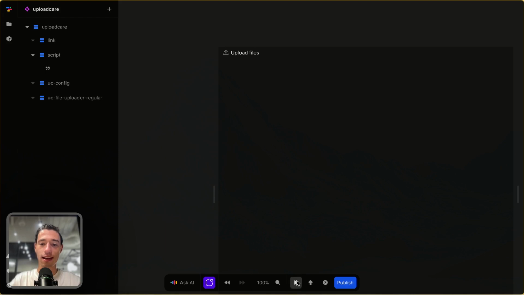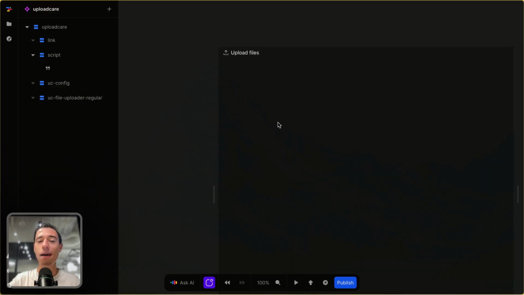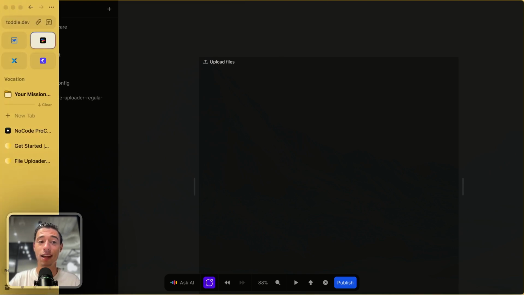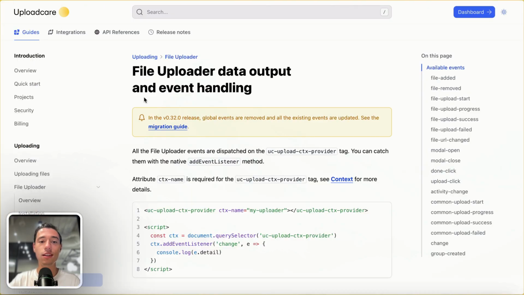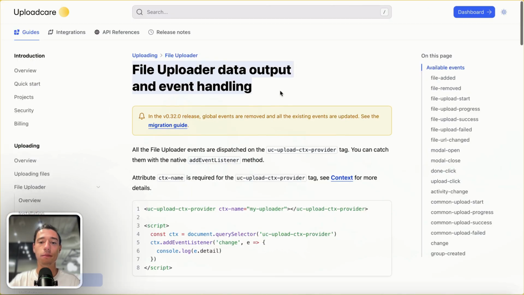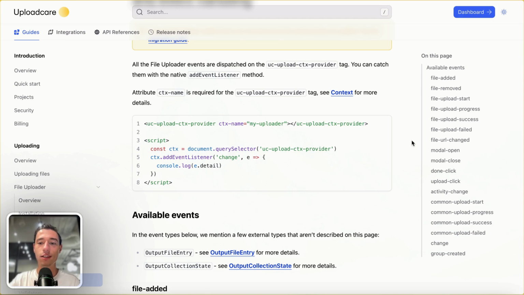And as you can see, if I click on upload files, it's going to work and we got the Uploadcare thing. Now, how do we get the files that are in the uploader? That is always the biggest problem with Uploadcare. If you ever used Uploadcare, you know what I'm talking about. So how we make this work is we need to look at file uploader data output and event handling on their documentation. And we need to copy this code